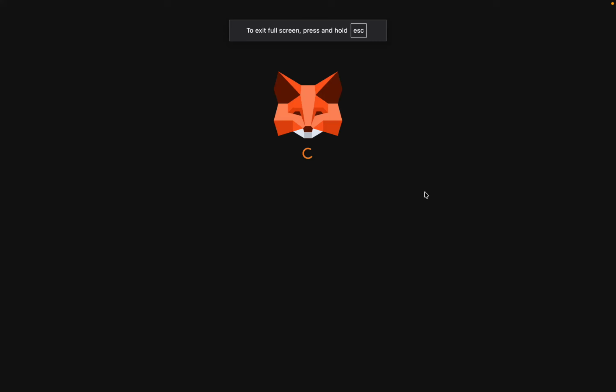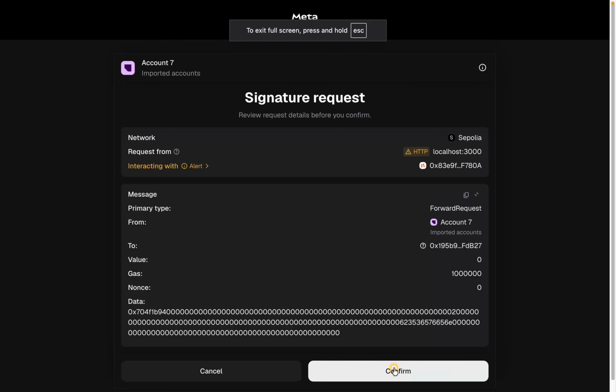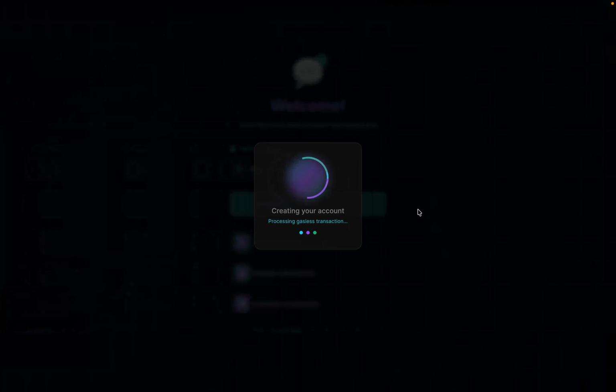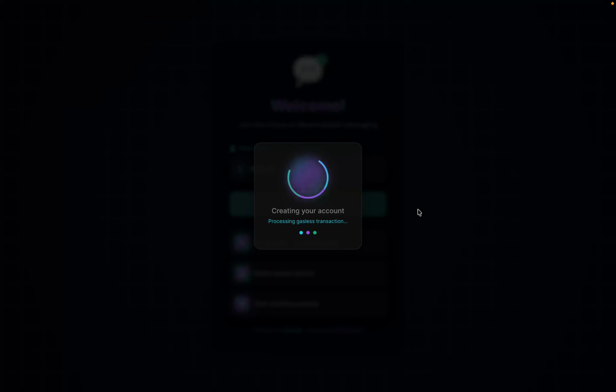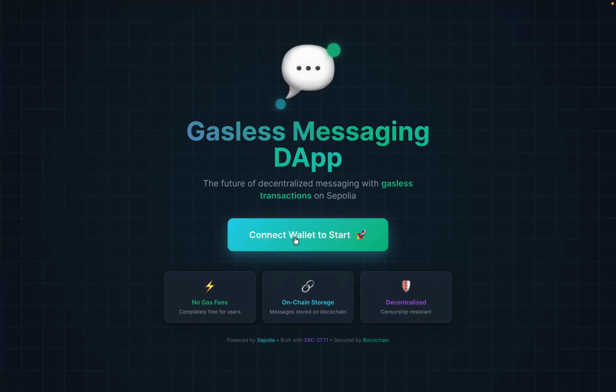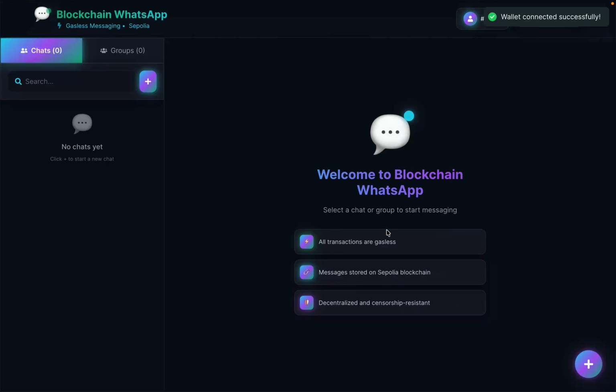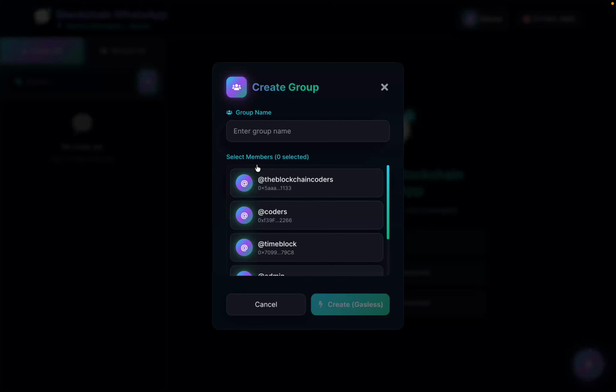Click on this registration. We are performing the transaction. Click on this confirm, and the transaction is taking place. So once we get the confirmation, we are ready to get into the dashboard and perform all the transactions and send the messages. Click on this connect wallet to start, and here you will find that I'm in my dashboard. Now if I want to create a group, I can simply click here and I can call the group, let's say,